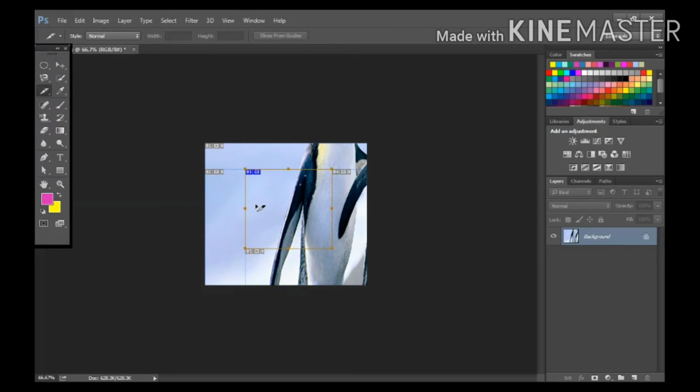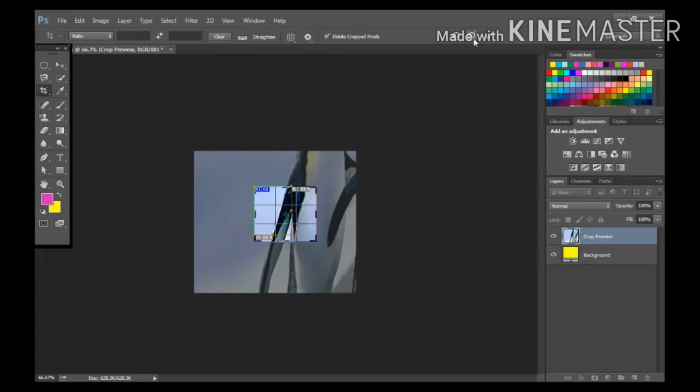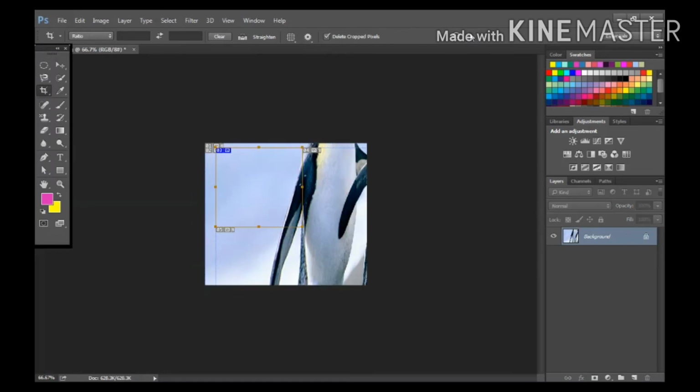Slices are created, and now if you want to select them, you can use the slice select tool. Okay, it is used to move. This tool is done. Next tool, if you want to cancel the cropping, you can cancel by using the cancel button. Here we can see I am selecting it. Okay, this is the cancel button.